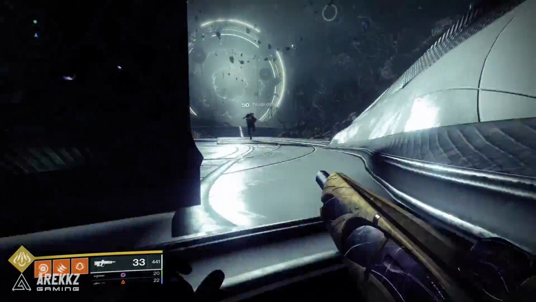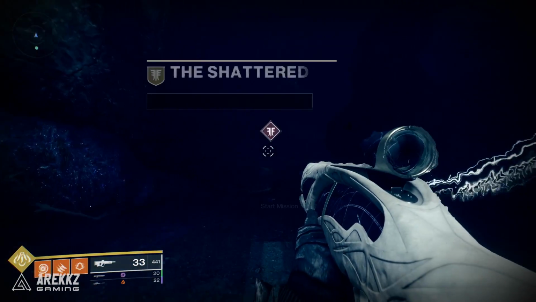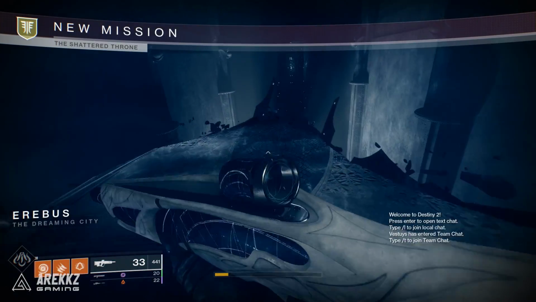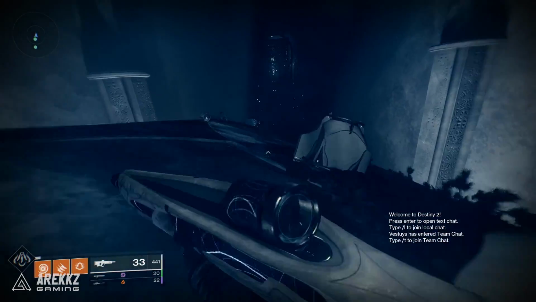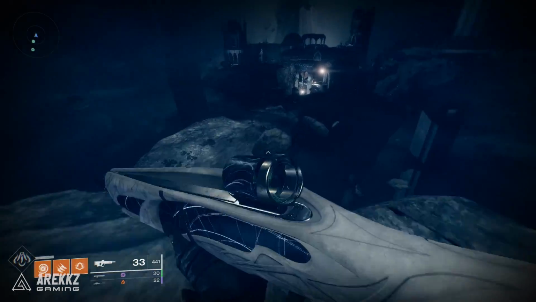Approaching the portal, you'll see the quest for the Shattered Throne. Once you begin this mission, you'll be taken into Morozov's throne world, and this marks the beginning of the dungeon. The first part is pretty self-explanatory. It's just a series of jumping platforms. The path is pretty linear, so work forwards through the door,